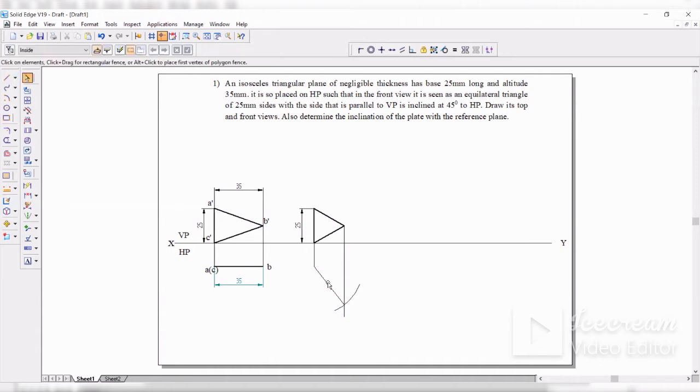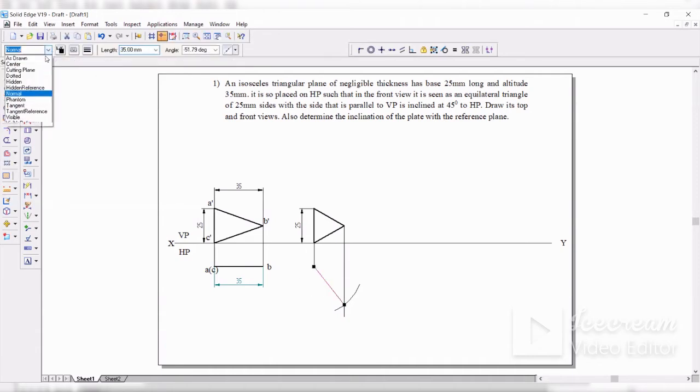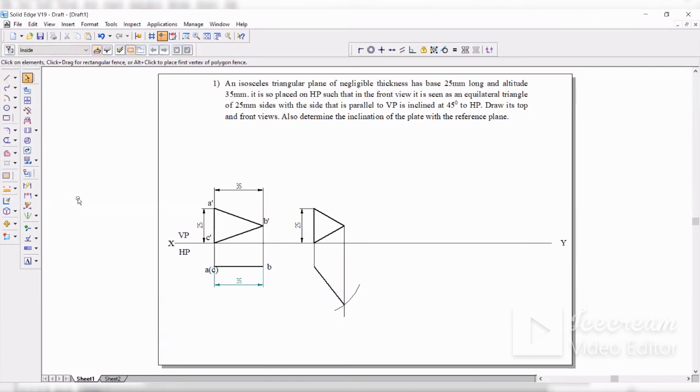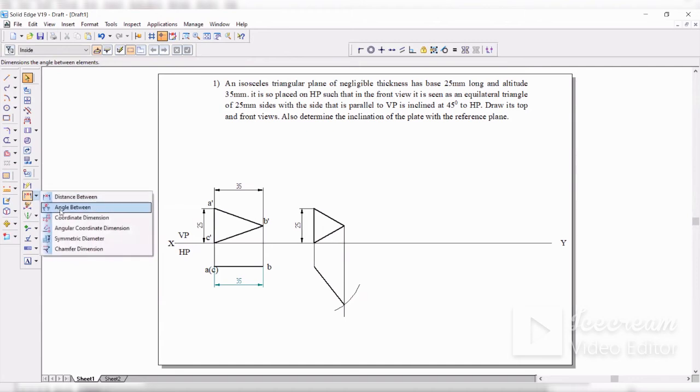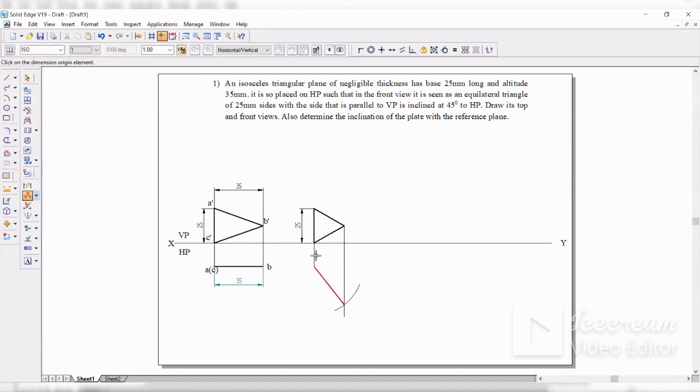So now this is what is visible. It's a view, so it should be visible. Okay. So I've got the angle now. I've got the front view and the top view. This is the front view and this is the top view. To check the angle between these two, you can check like this. You can check between these two. Angle is 52.